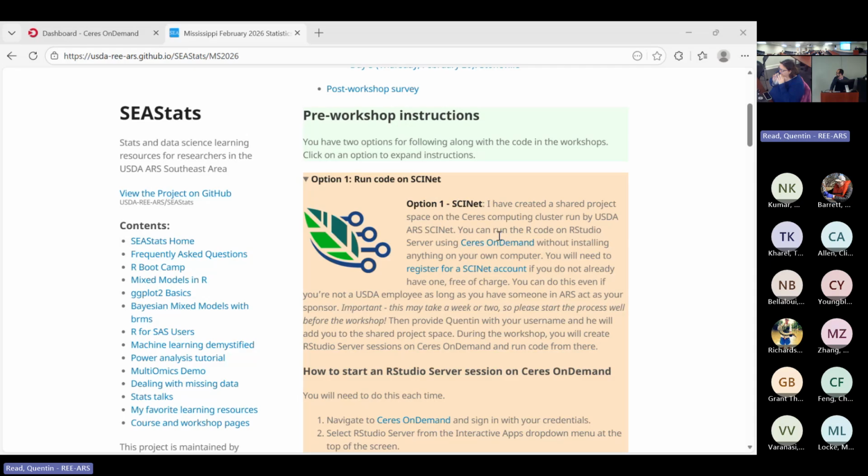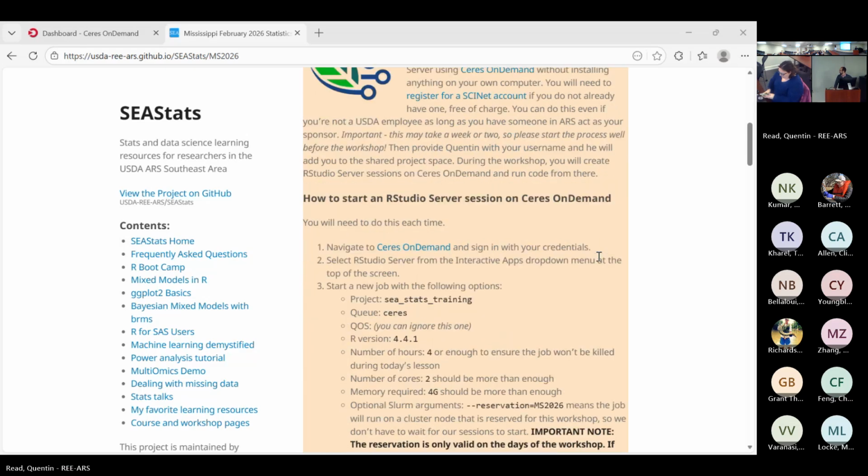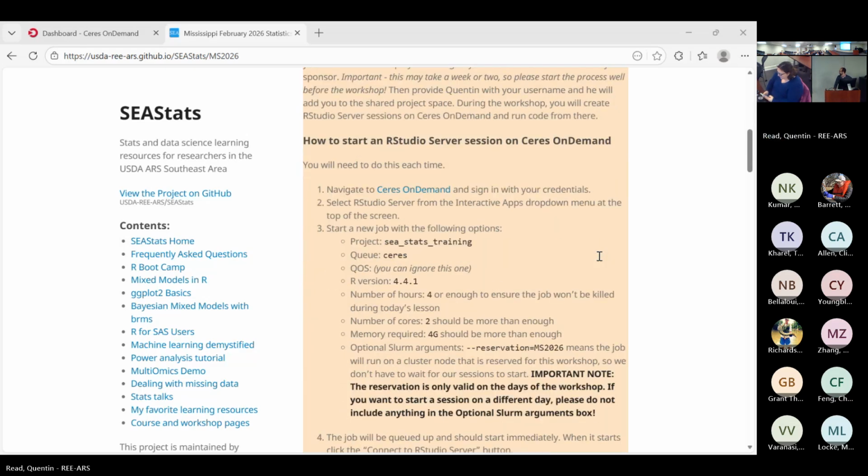You can either go to the URL for it in the bottom left. Go to that, and then you're going to have to sign in with your credentials. So I'll give everybody a minute to do that, and then once everybody gets connected, I'll give a minute for that, and then I'll show you how to start